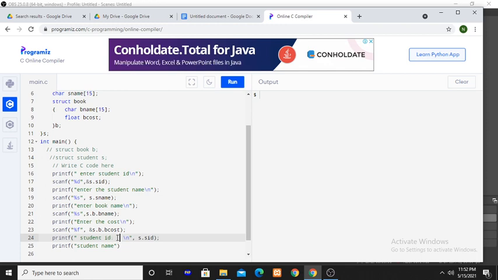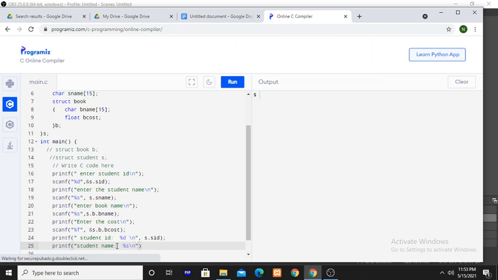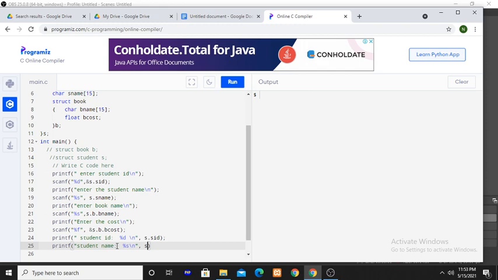For student ID you have to write percent d, integer type. And student name, here it is percent s, s dot s name.